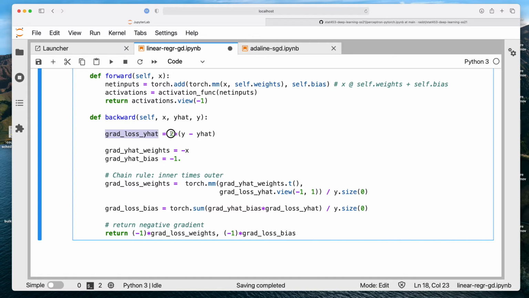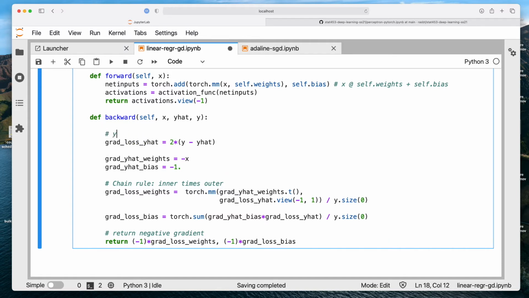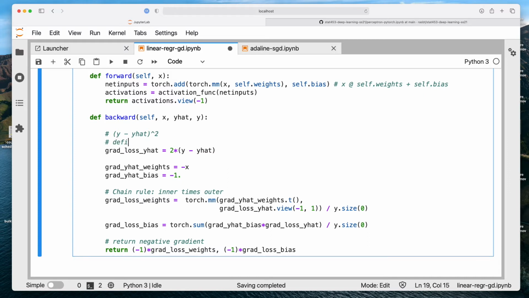If our loss function is (y minus y hat) squared, then the derivative is 2 times (y minus y hat). Sorry, that should be the other way around, y hat minus y. And then this should be the derivative.